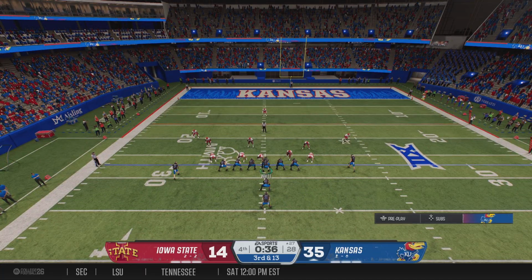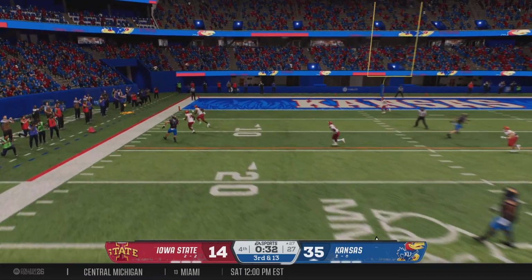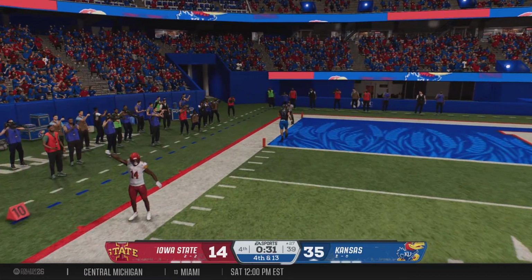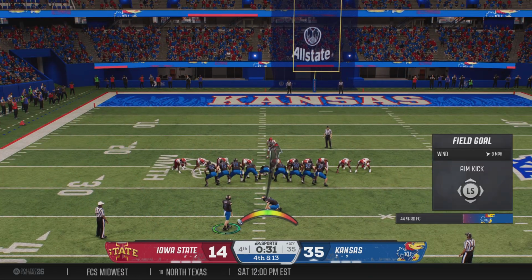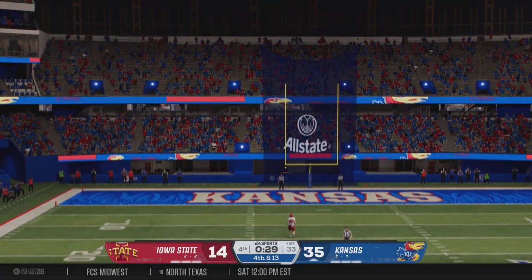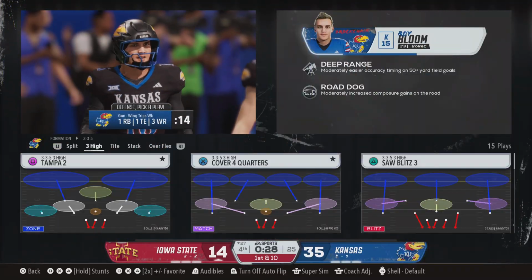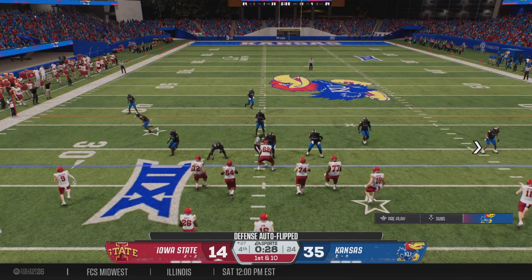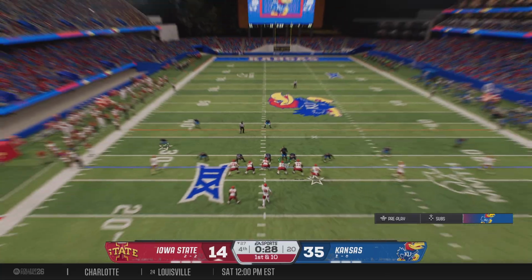Quarterback adjusting the pattern. On 3rd and long, doesn't need to take the check down. Just threw that one away to avoid disaster. Now on 4th down, they'll try to come away with 3. And they'll kick it from the left side, a 44-yard try. And that is no good. After the missed field goal, hey, could be worse. They're still up by 21.